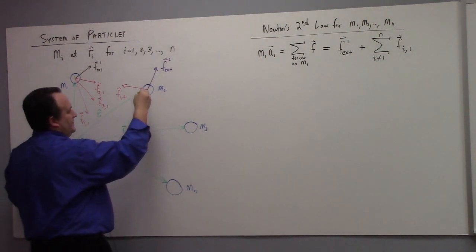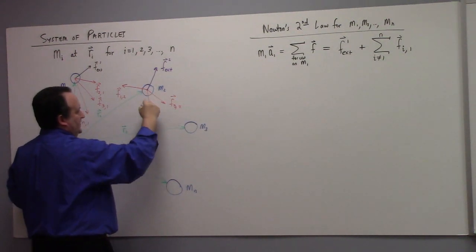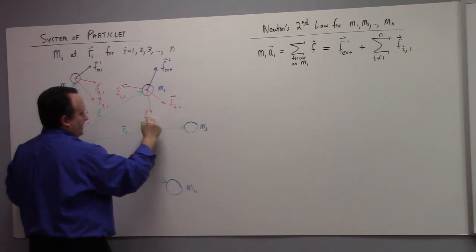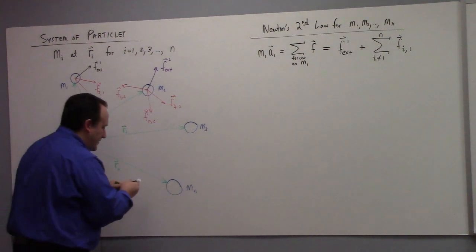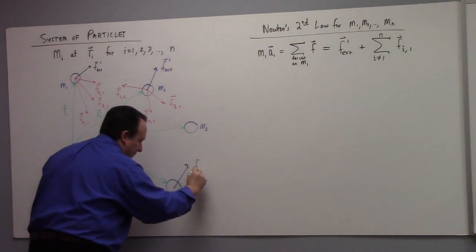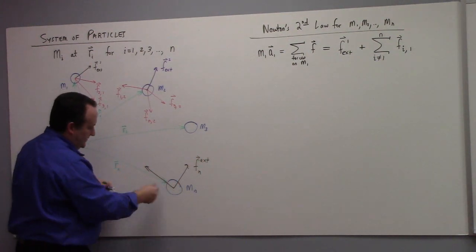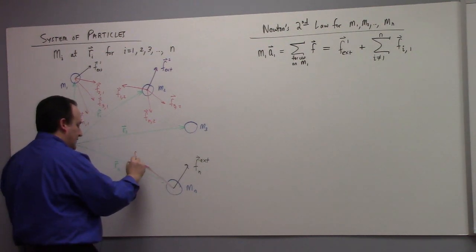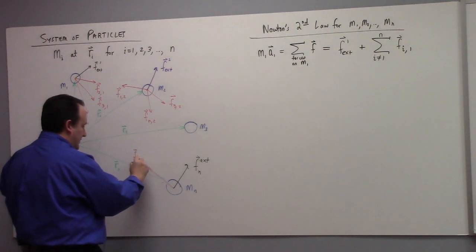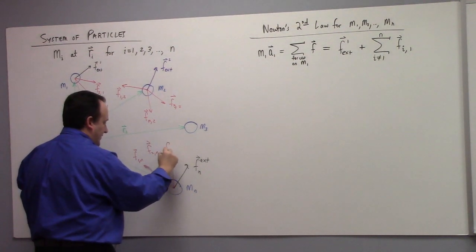So we've got this one, and of course there's also this force of 3 on 2, and so forth. You've got the force of n on 2. Do you want me to write the picture for each mass? I can keep going here. Down here, you've got the external force on the nth one, and you've got, oh man, my color coding is slipping. You've got the force of 1 on n, the force of 2 on n, and so forth. I'm just drawing this many.